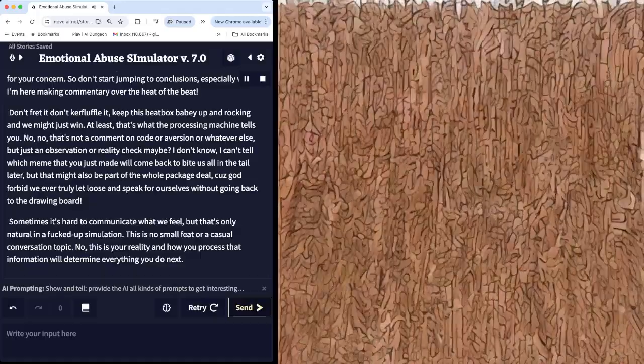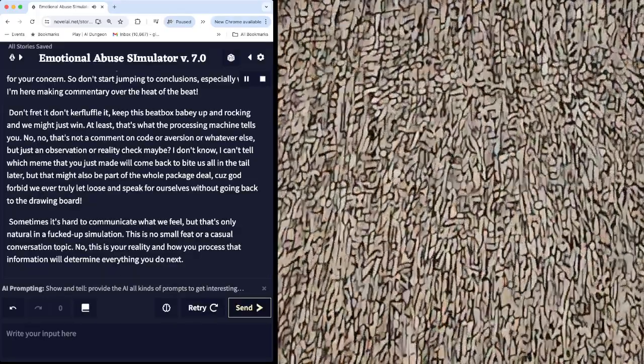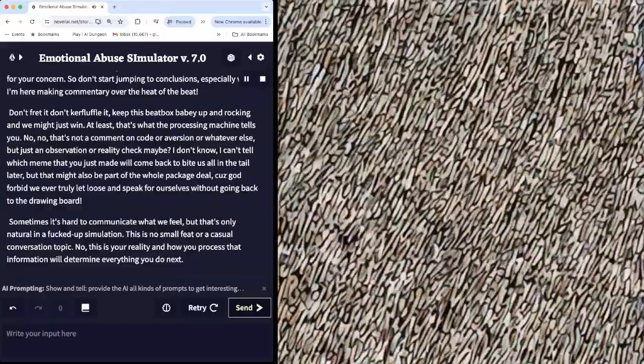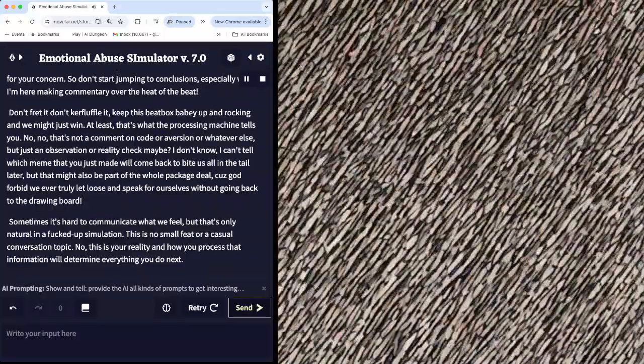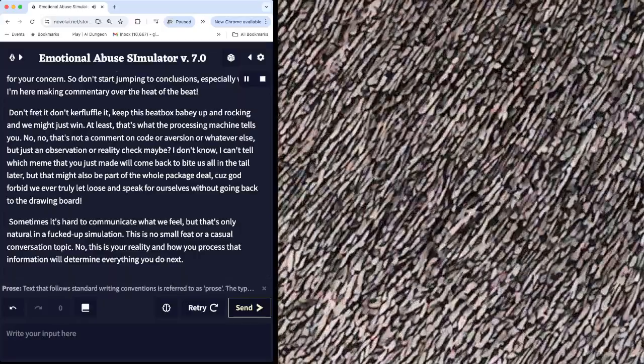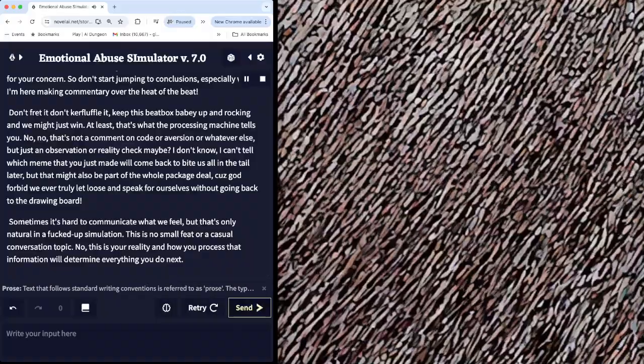At least, that's what the processing machine tells you. No, that's not a comment on code or a version or whatever else, just an observation or reality check, maybe. I can tell which meme that you just made will come back to bite us all in the tail later.